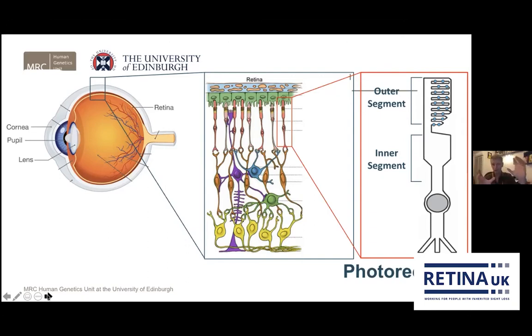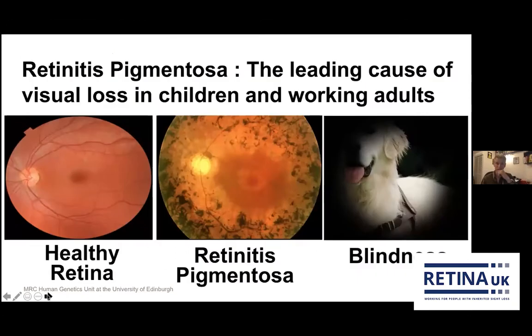And therefore, they're very susceptible to things going wrong. And of course, whenever things go wrong in the photoreceptor, patients get retinitis pigmentosa. And retinitis pigmentosa is the leading cause of visual loss in children and in adults of working age. And what I'm showing you in this slide is a healthy retina on the left and a retinitis pigmentosa retina on